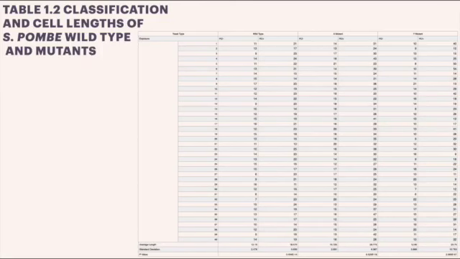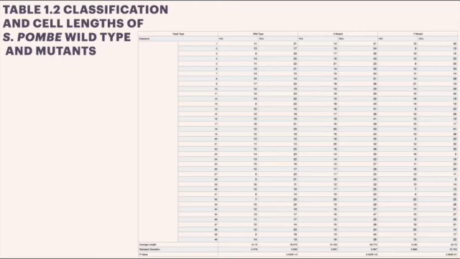This is Table 1.2, the classification and cell lengths of the S. pombe wild type and mutants. As you can see on this table, we have three different types of cells, and two of them are the mutants, and one of them is the wild type. At the bottom of the table, you can see the average cell lengths and the p-values of each